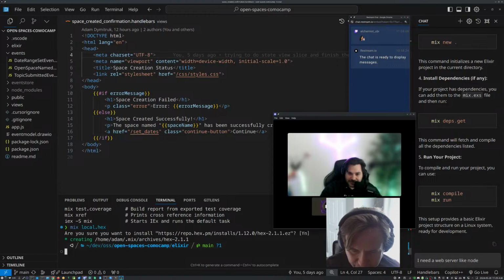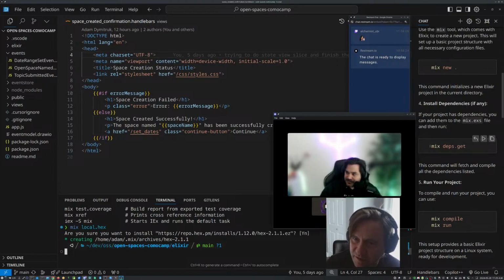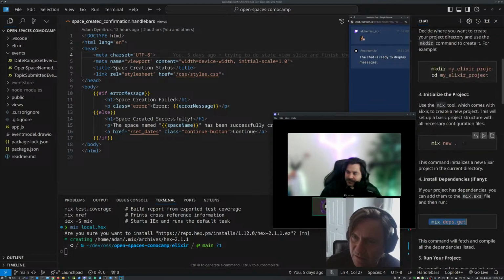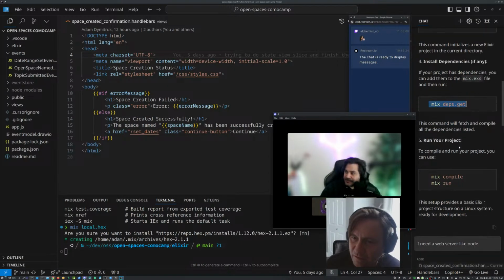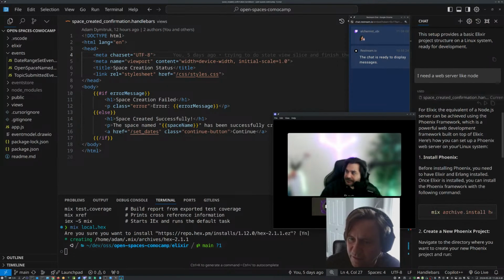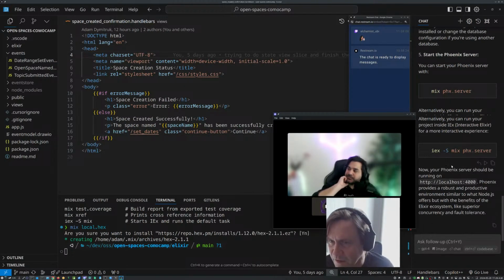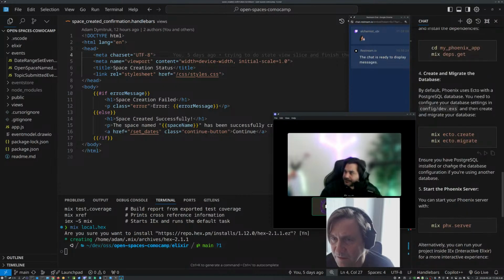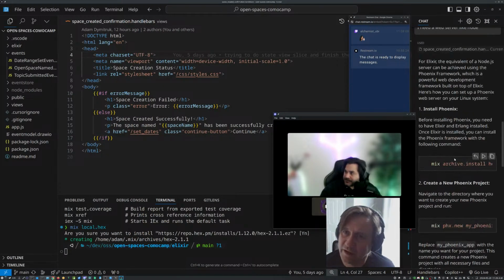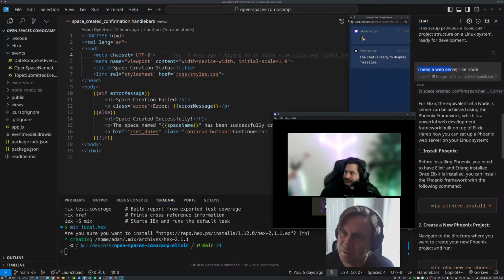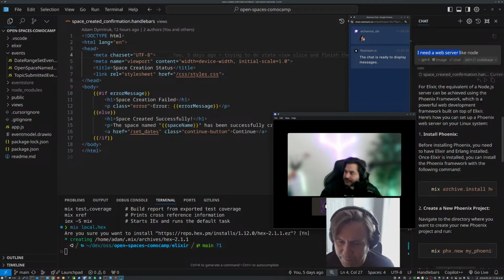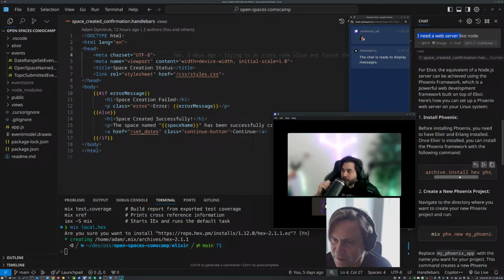Okay, so why did this suggest mix deps.get? That's for downloading dependencies. Okay, so how come this didn't suggest anything? I'm just trying to see what the AI told us to do, because I said I need a web server like Node, and it says the equivalent is to install Phoenix. So it says archive install hex phoenix new.